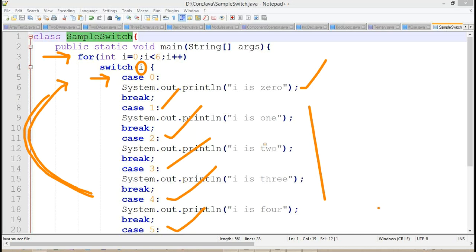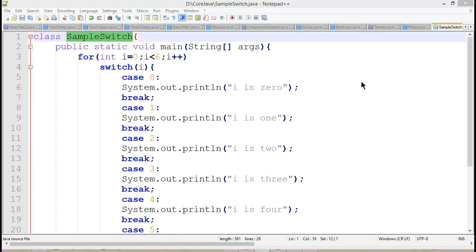Getting the point? So it's going to repeat 5 times. After that, the loop comes out of the for loop.